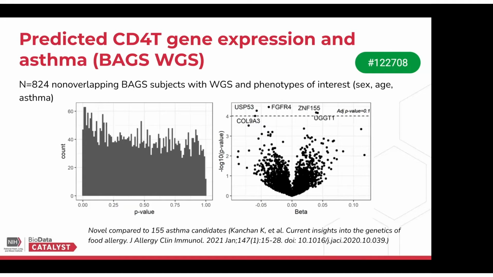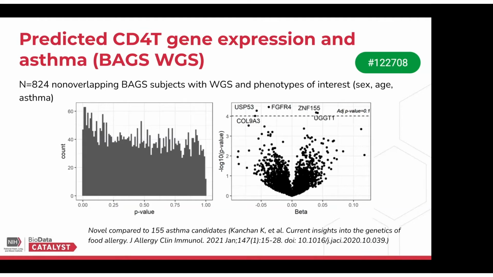On the left, the histogram is showing the p-values for the associations. We tested the predicted expression of around 4,000 genes. You can see it's a little messy. The histogram of p-values does not have quite the clear signal on the left side that we would hope to see. But on the right side, each of the dots is one of the genes, the predicted gene expression. Along the x-axis is effect size, so association with asthma, and along the vertical axis is the p-value